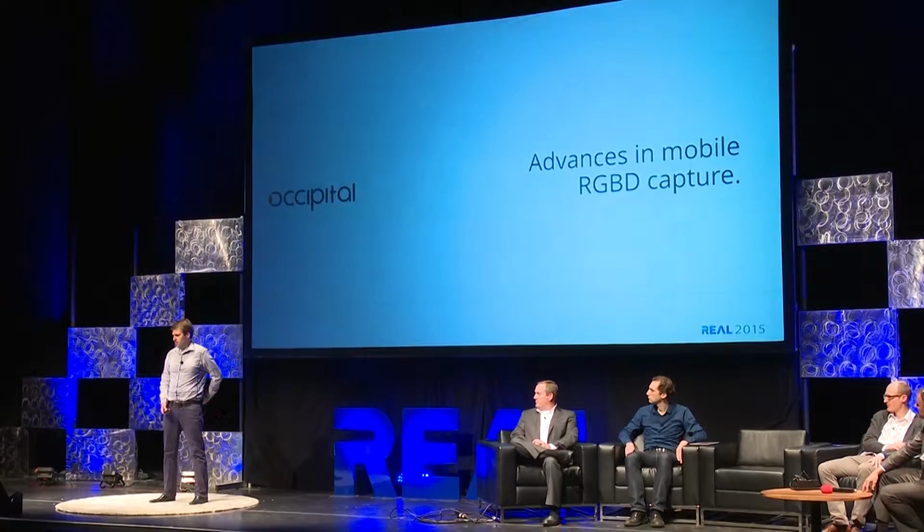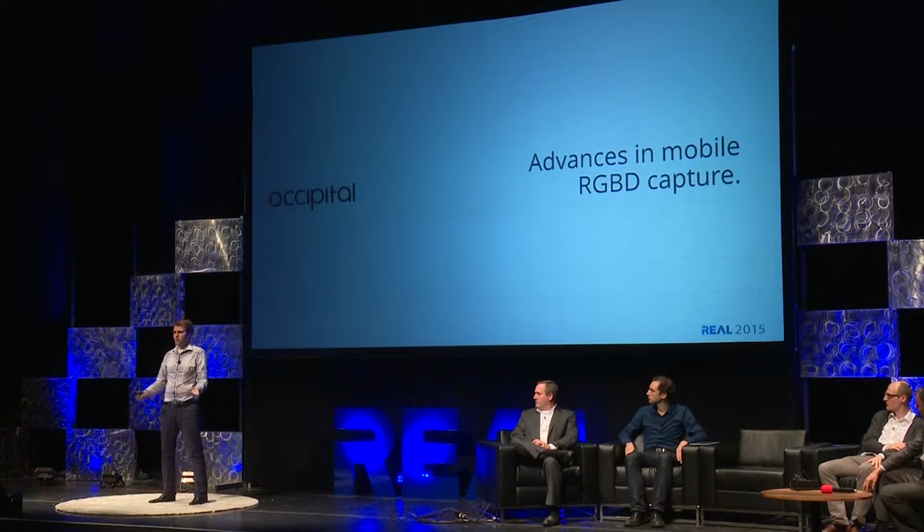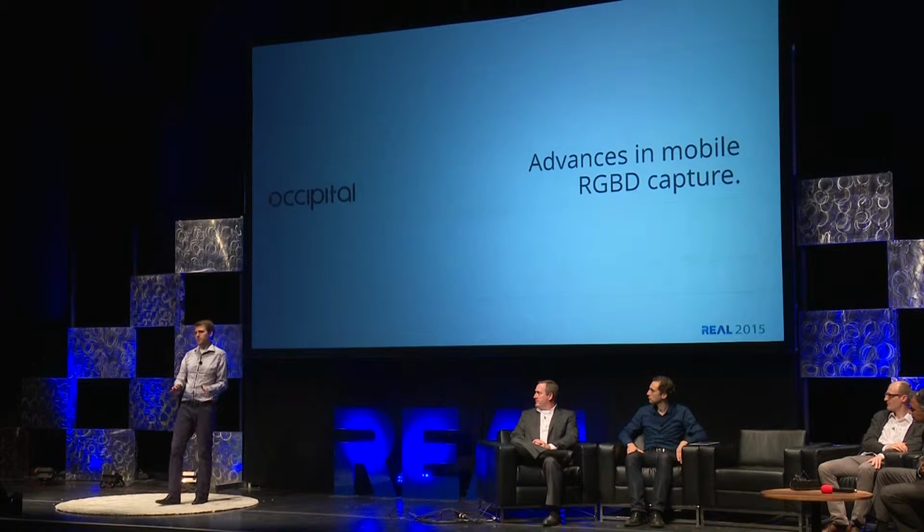So really what I wanted to talk about, though, is how are we making this better? Where are we going from here to get it into the hands of more people, less trained people? To motivate this, one thing that happens is we give someone a Structure Sensor and we say, hey, new technology, check it out, try to scan something. And what do they do? They look around and they find the most symmetrical, nondescript object in the entire room, and they try to scan it. And that fails inevitably because depth-based scanning technology can't really typically deal with something that is nondescript and symmetrical. So we set out to fix that with some of our latest SDK updates.